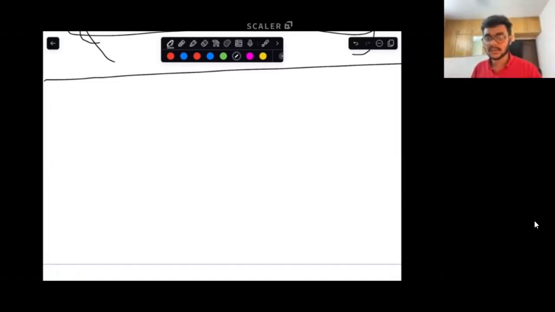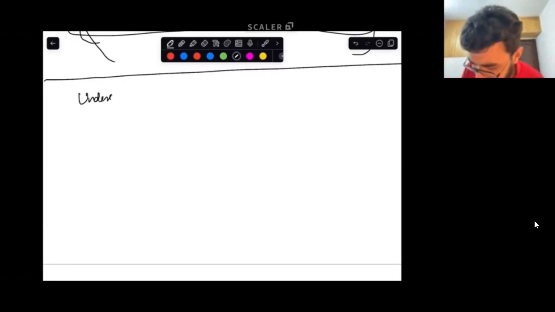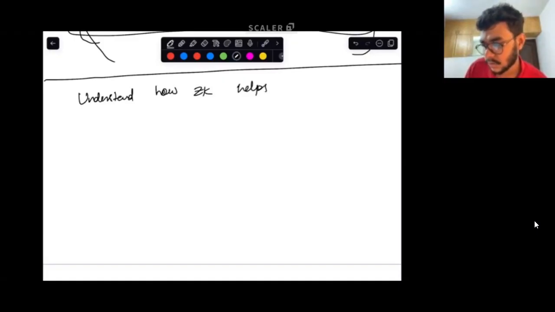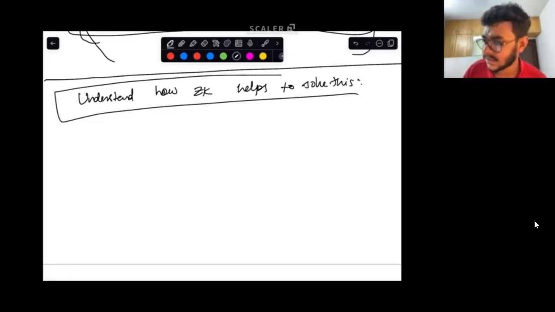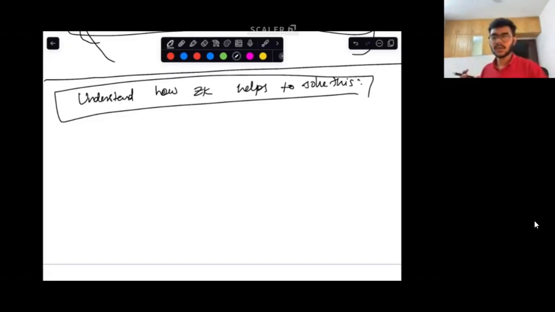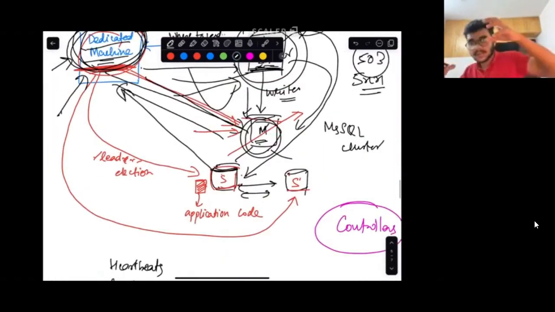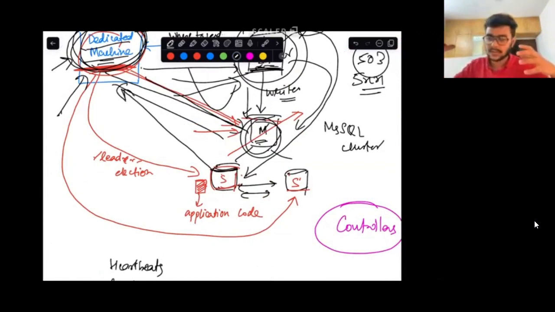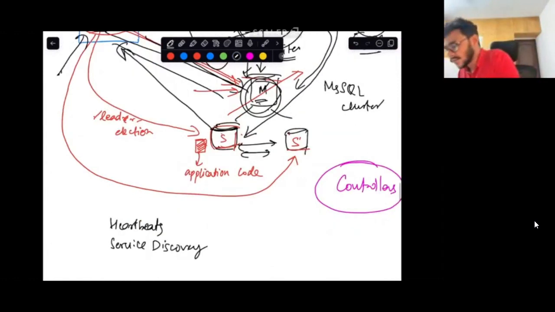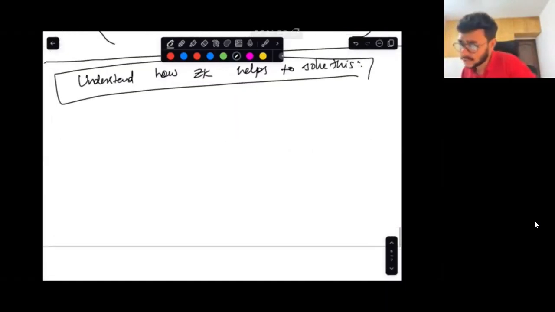Now we'll spend some time to understand how Zookeeper helps to solve this, right? But before that, let us first spend some time to figure out how Zookeeper actually stores this information that we have over here. Like this information about, hey, this is a master, and this master has some IP address associated with it, etc. How does Zookeeper even store this information within it? So before that, let me write a quick definition of Zookeeper.